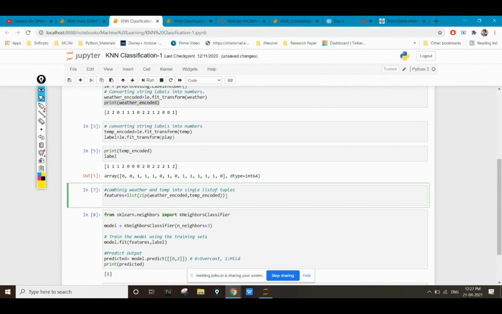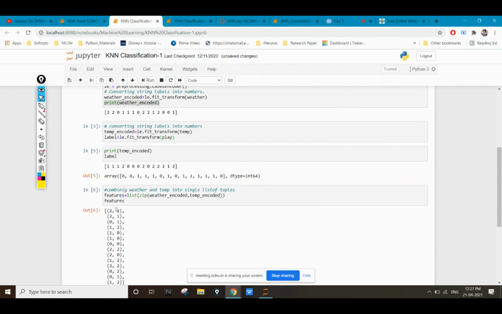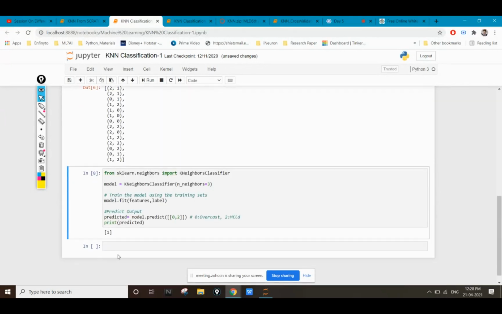I'm combining both the features, weather and temperature, with the help of the zip function, which adds all the elements of two lists one by one. See here, 2 1, 2 1, 0 1, 0 1, 2. The first thing is weather condition, and the second thing is temperature condition.